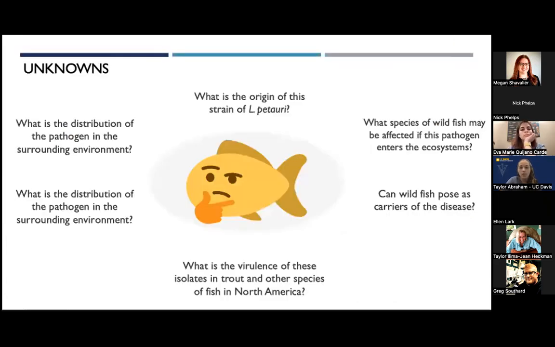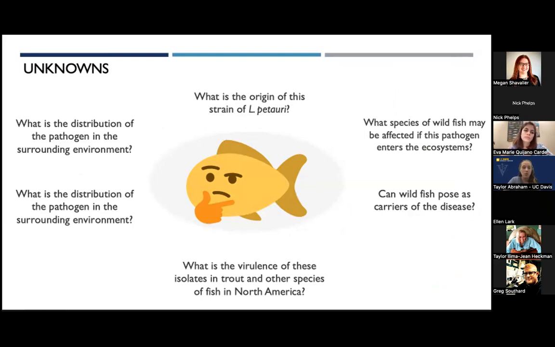So this outbreak in California in spring 2020 did lead to many questions on people's minds, such as where the strain originated from, what is the distribution of this pathogen in the environment post-outbreak, what species of fish might be infected if we do find it in the surrounding environment, if we find wild fish with the bacteria, can they pose a risk as a carrier, and of course, what is the virulence of the recovered isolates in trout and